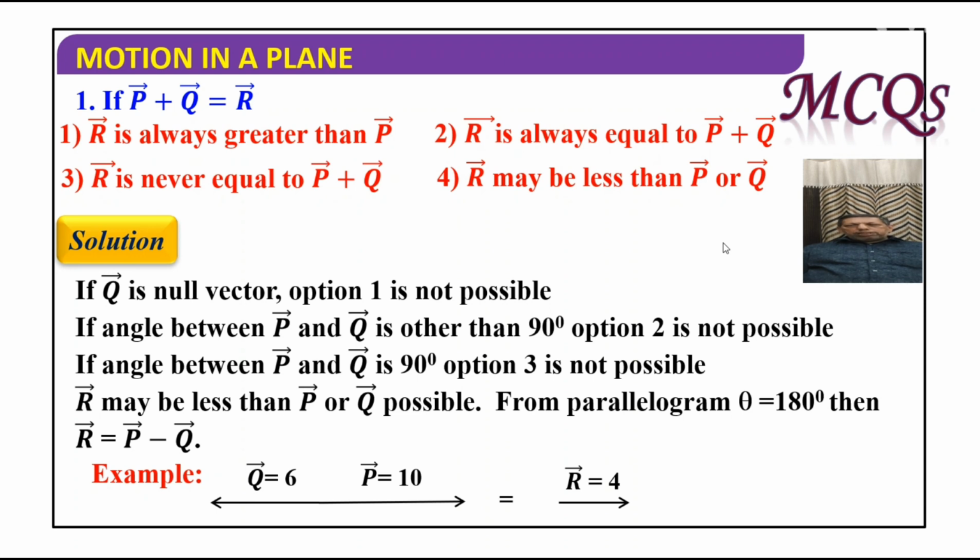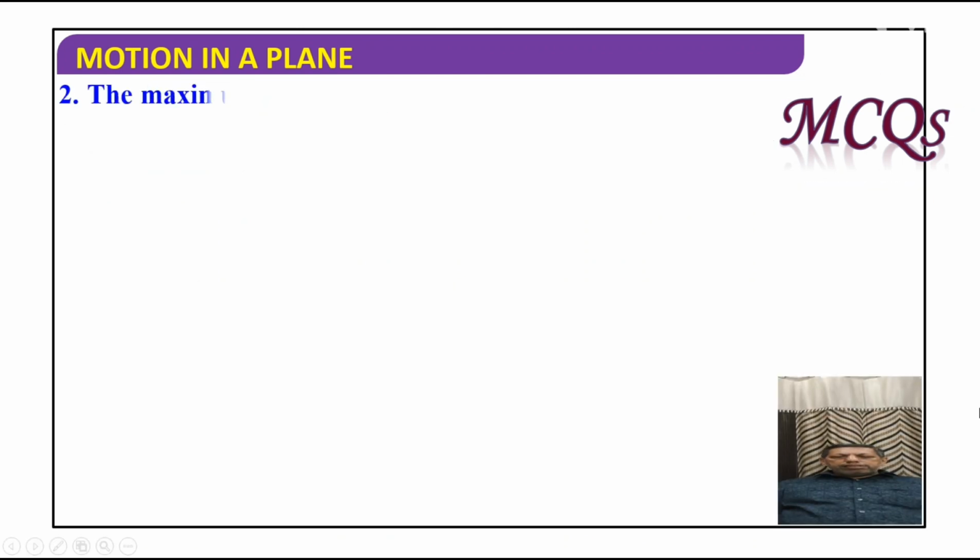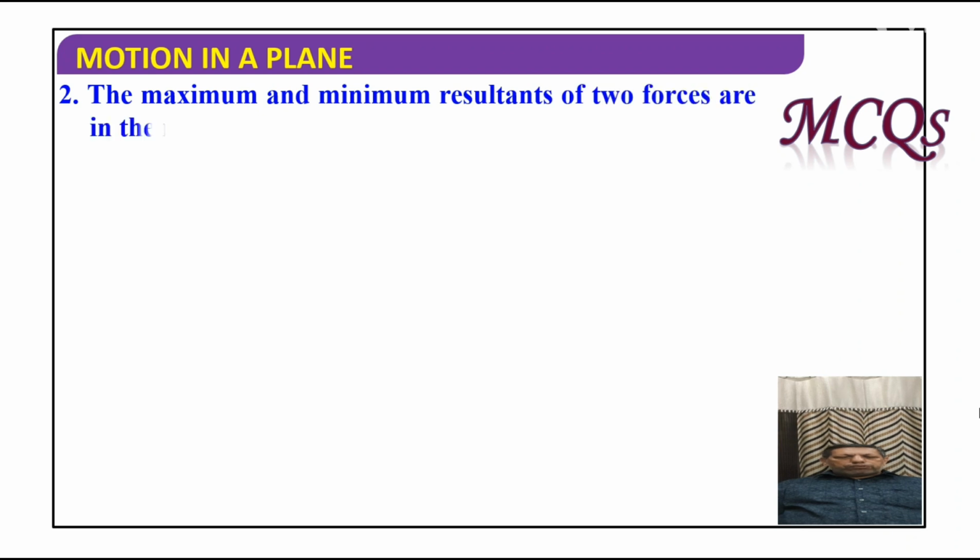It may be less than P or Q. Suppose, for example, vector Q is equal to 6 and vector P is equal to 10, then the resultant is equal to P minus Q, that is equal to 4, so the fourth answer is the correct answer. Question: the maximum and minimum resultant of two forces are in